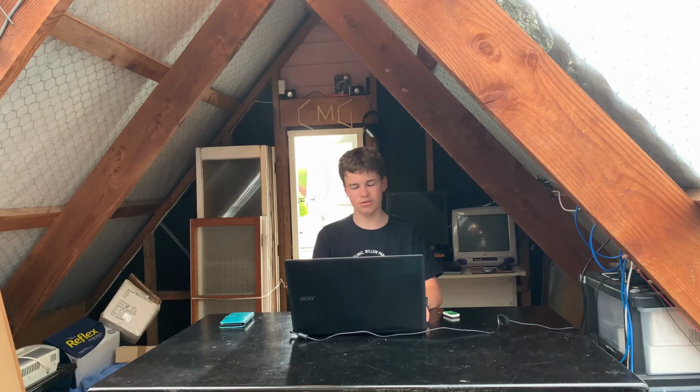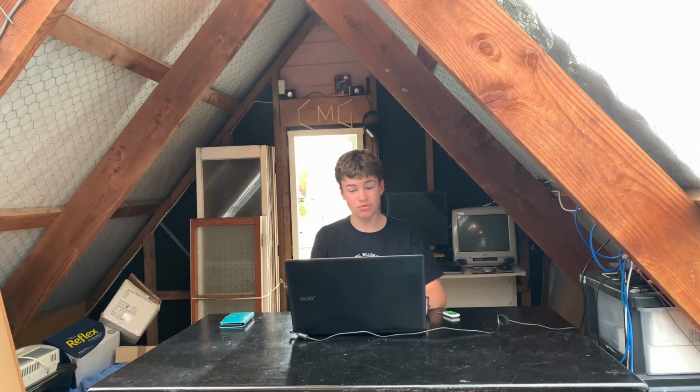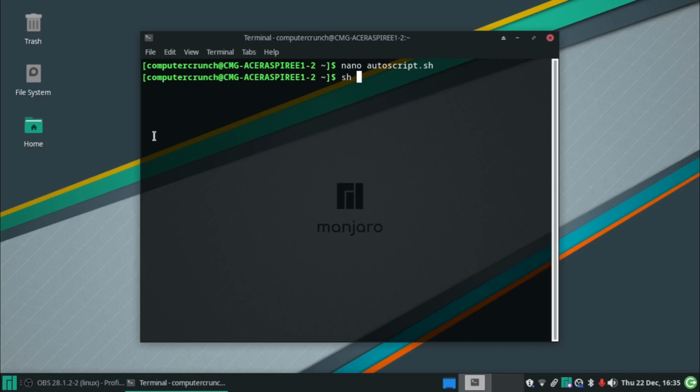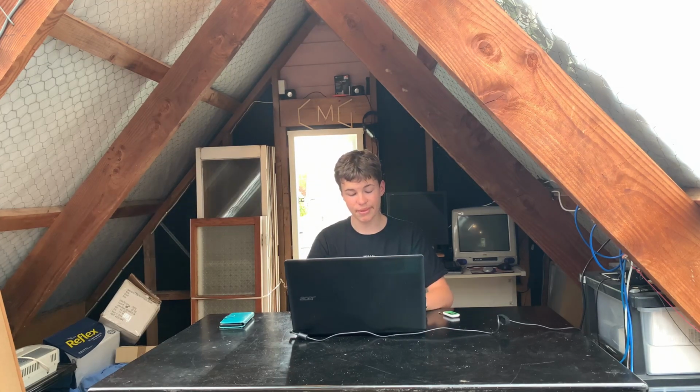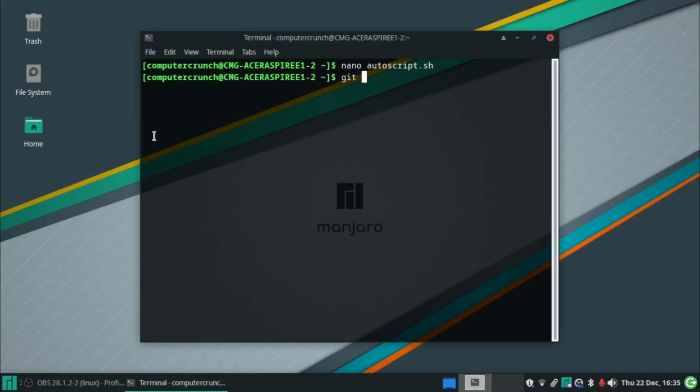Now if you want to run it, we'll do sh filename.sh. But if we want to upload it to GitHub, we'll go in and upload it. And then once it's been uploaded, you'll want to clone the thing. So you type in git clone